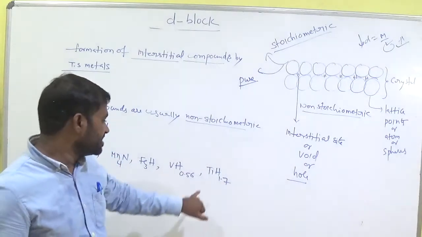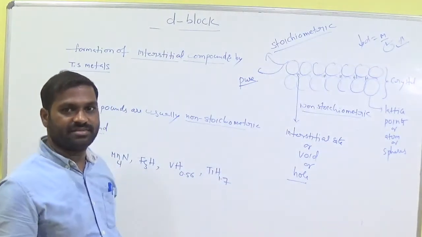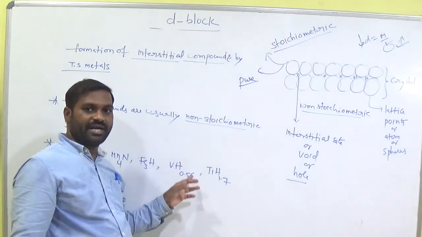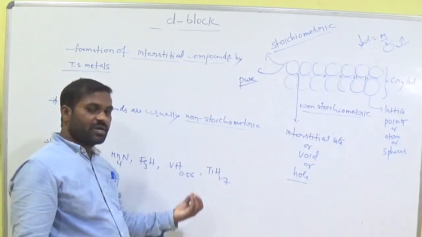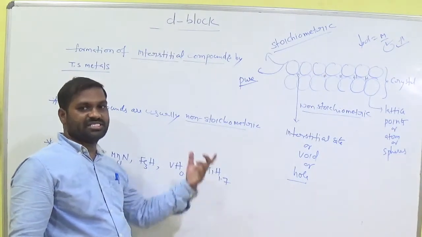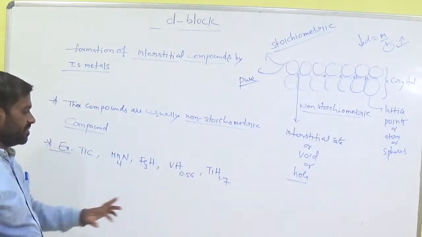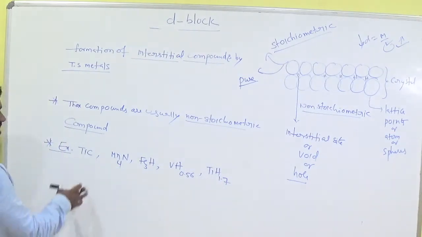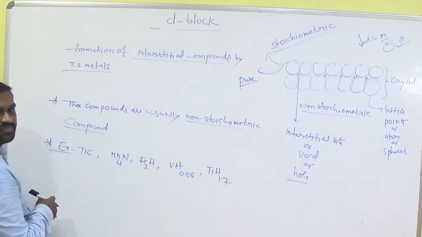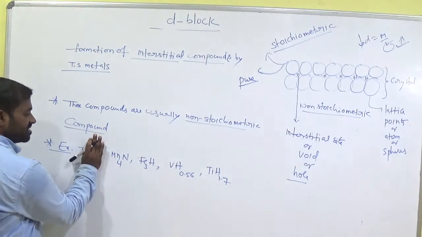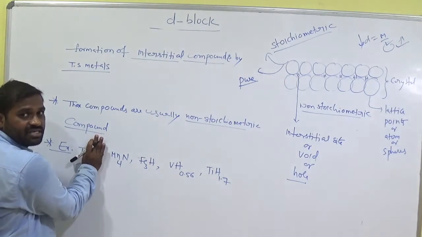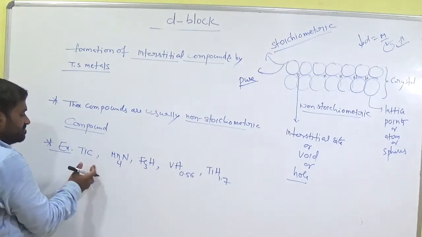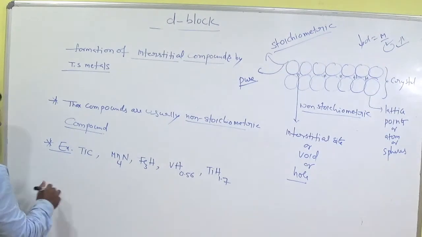Here 1.7 hydrogen is added. Okay, not 100%. Remember, so deficient hydrogen, not complete hydrogen. Deficient hydrogen means out of 100% we add only 0.56 quantity of hydrogen. That is the meaning of 0.56, 1.7. These are all examples of interstitial compounds. Initially titanium is a stoichiometric crystal. When we add carbon, what happens? It becomes non-stoichiometric, titanium carbide.